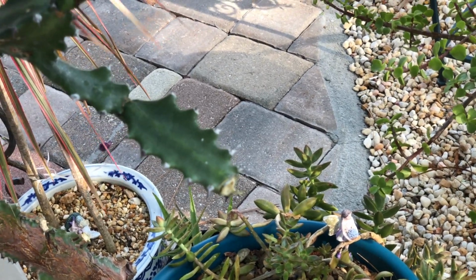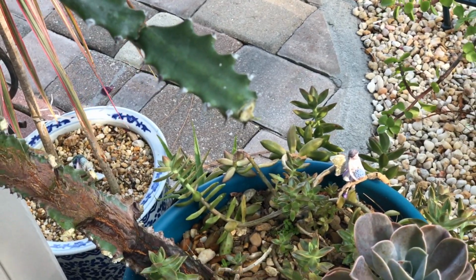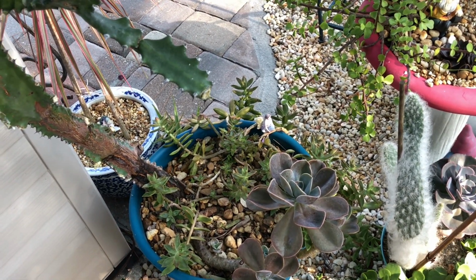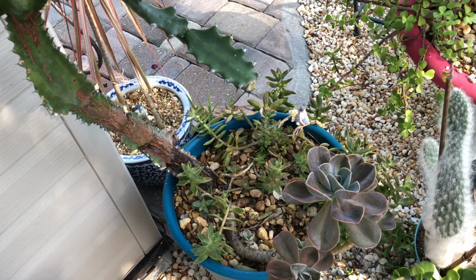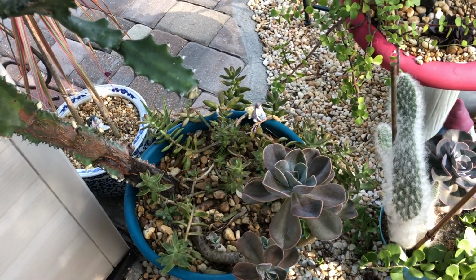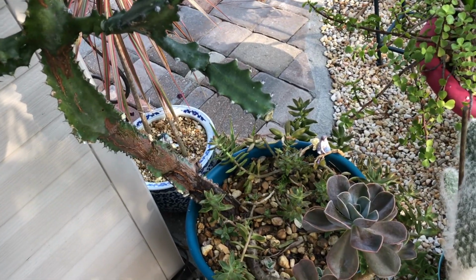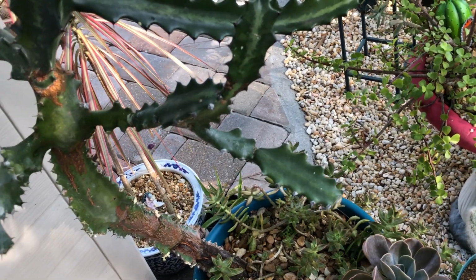The first time I used it, I did not think of mixing it, and it stained my plants. So when I went to do it again, I made sure that I shook the gallon very well to make sure that everything was mixed in. But when I sprayed again, it stained my plants again. So I'm getting a little frustrated with that, and I don't know if it's as aggressive as alcohol. So I decided to start using alcohol,